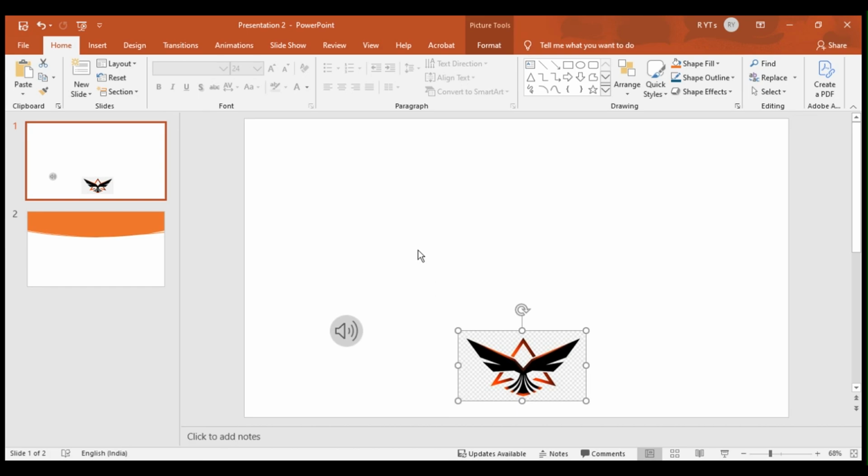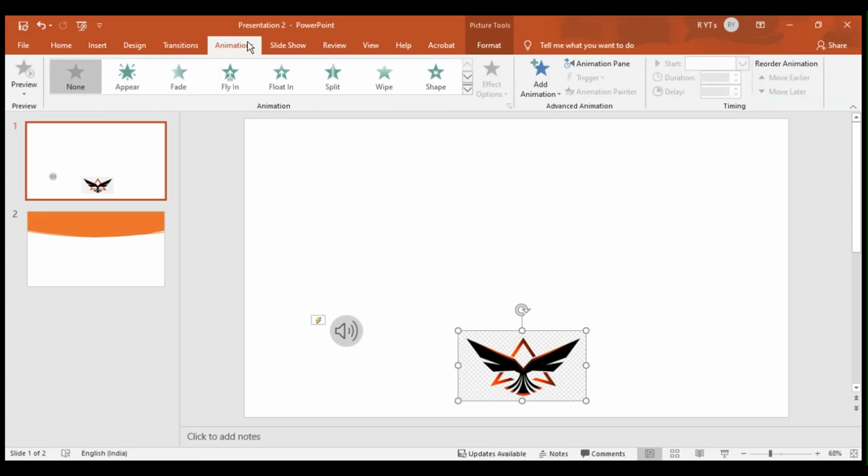Now, go to the top of the screen and click on the Animations tab in the ribbon. This is where all animation tools and effects are located. Inside the Animations tab, you'll see a variety of animation effects displayed in a row. If you don't immediately see the one you want, click the small drop-down arrow or scroll through the animation gallery